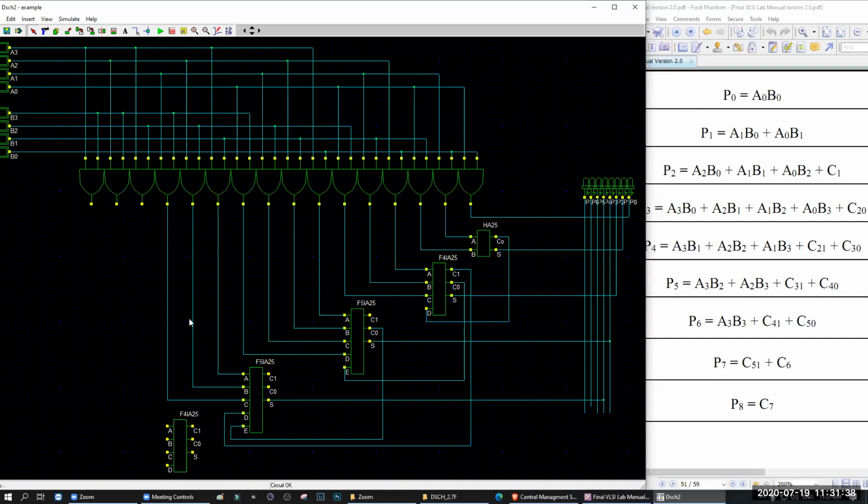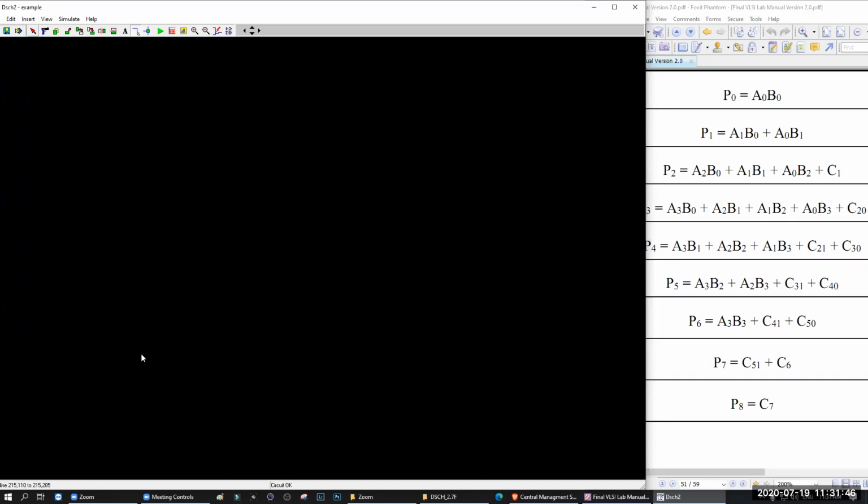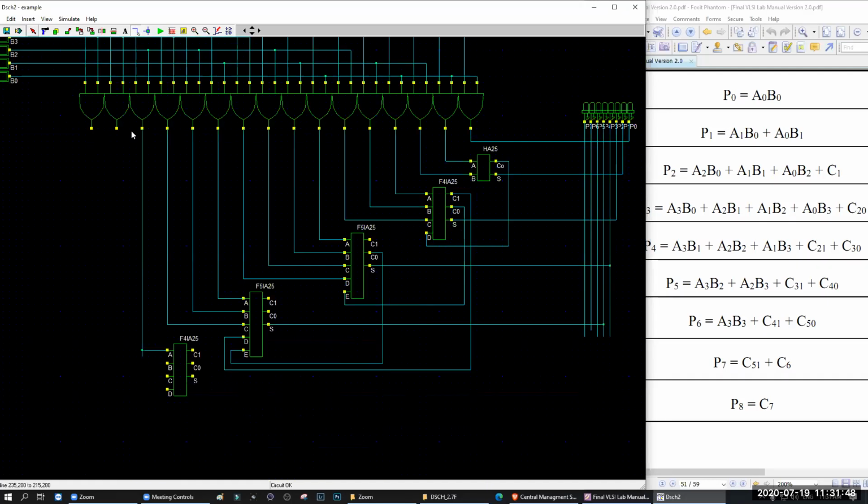Now what will be added? A3, B2. Is this one? A2, B3. Is this one? And that carry, the lowest one, C31.